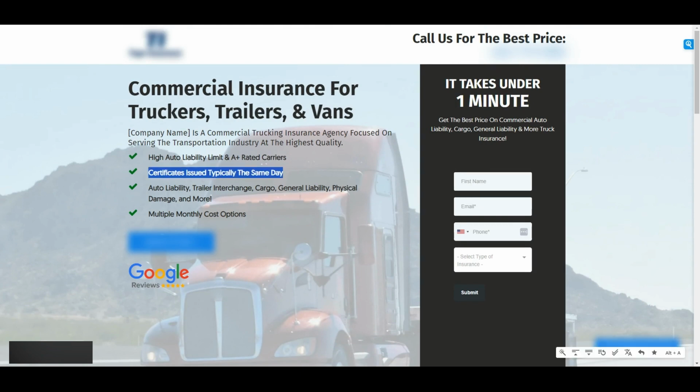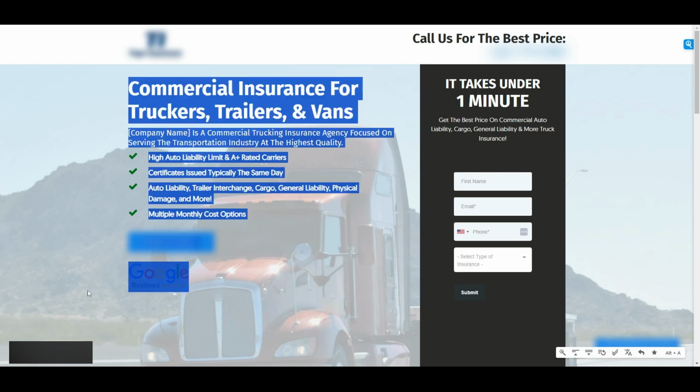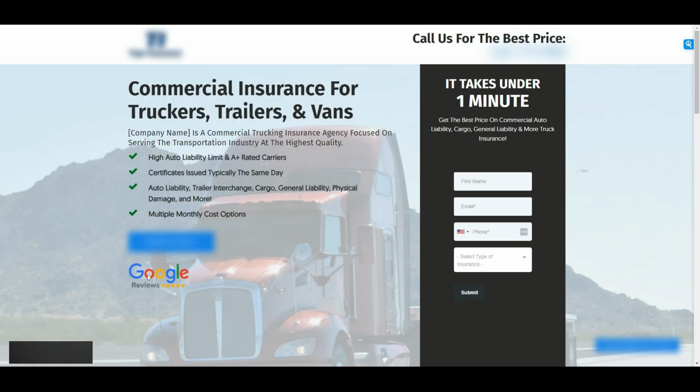We've got quick turnaround time here, and we work with great companies. We offer great service. And you also show them that, hey, we're also a Google 5-star rated and reviewed company. And this kind of completes everything. It says, hey, here's all the benefits. You're speaking directly to me. They say, wow, this company has 5 stars on Google. That's great. They're reputable. And then you've got a big bold headline that talks directly to what they're looking